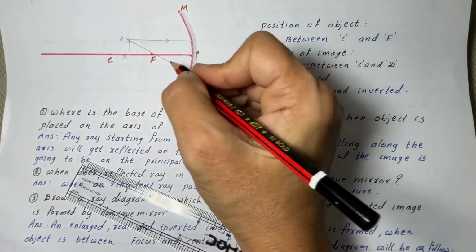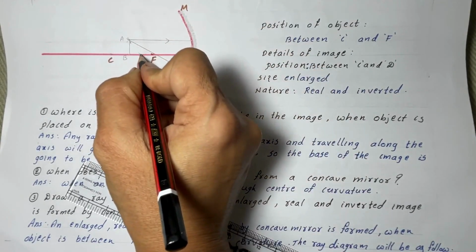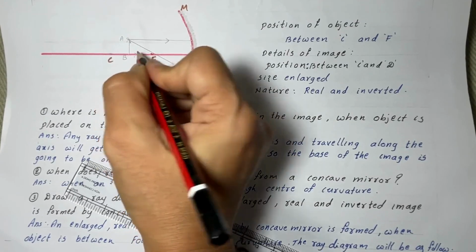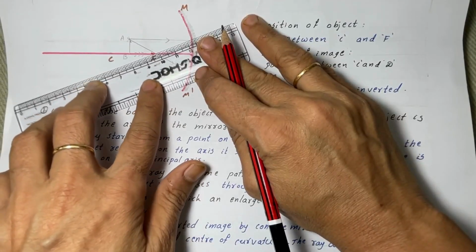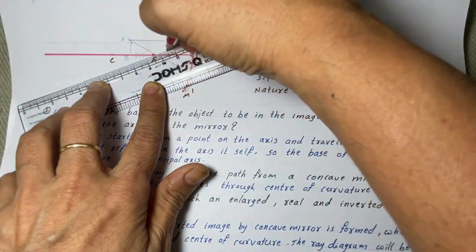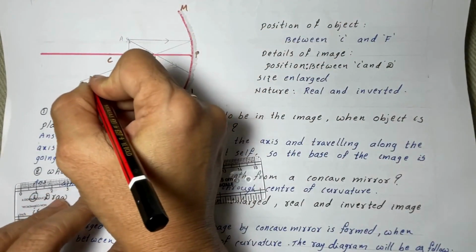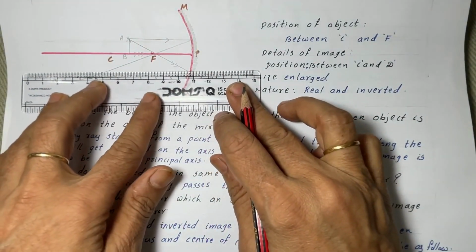This is ray 1, and this is the second ray, and this is the third ray. And we know the ray which is parallel to the principal axis after reflection passes through the focus. So this is the reflected ray of the first incident ray,